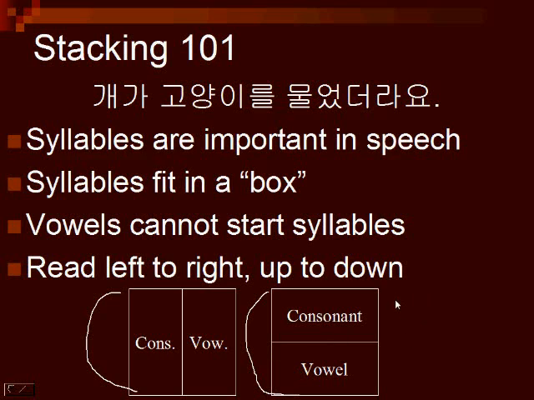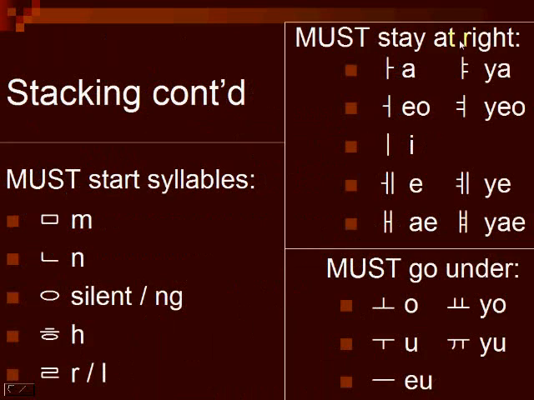All the tall vowels are not going to fit under the consonant. Instead, the wide ones are going to fit there, and the tall ones go to the right. Wide goes to the bottom, tall stays to the right, and these consonants start syllables. So, for example,